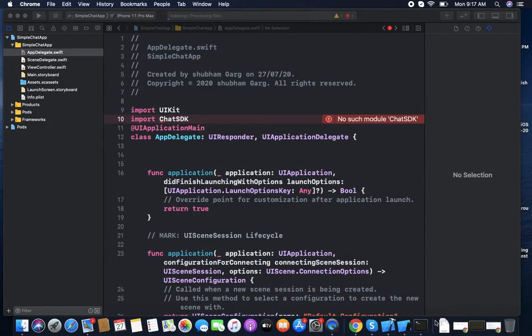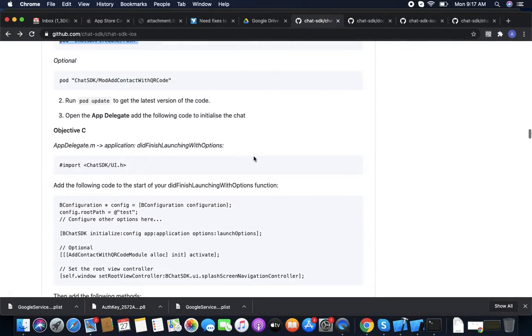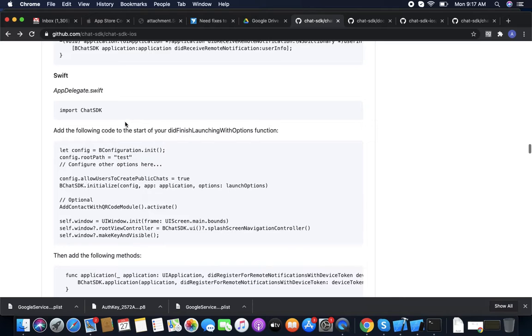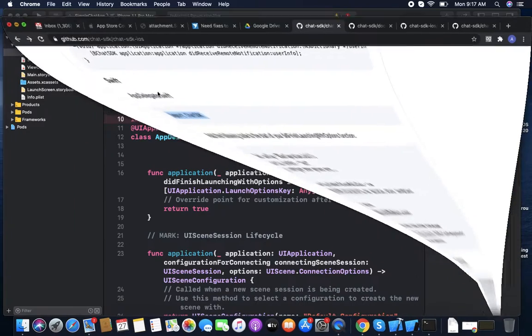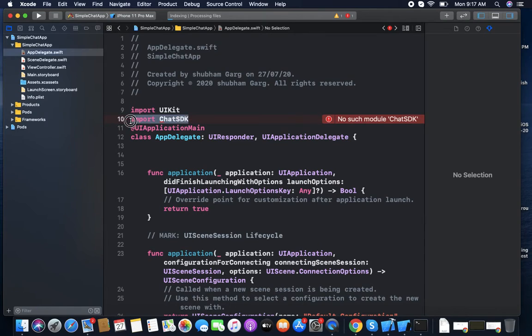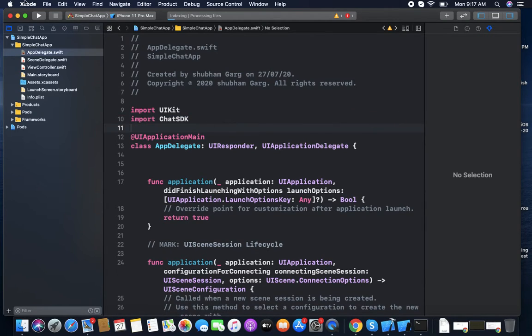So for this, first go there, copy and paste the things. First, Chat SDK. Run it, so it will show you the Chat SDK module.